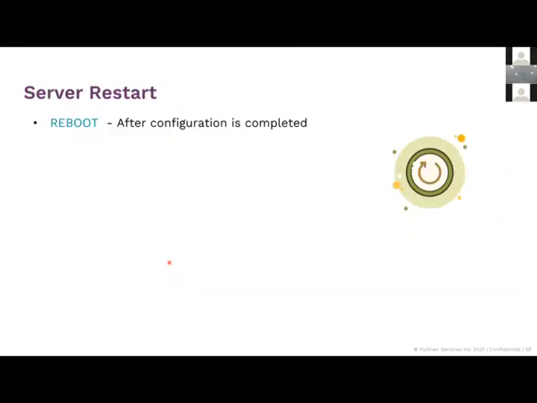The last thing in this server prep section I would want to emphasize is to always reboot, because once you've made these changes, you want to know that your changes are persistent, and the only way to test it is to reboot the server. Many times you make changes, for example, you're changing an MTU on your network NIC card, right? You want to ensure that all the proper configuration files have been changed so that the MTU change persists across the reboot. So that's an important thing to check. So reboot it, check it.